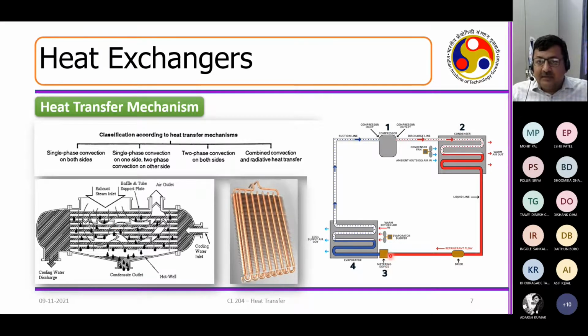You can see here the example is given. I think this is the refrigeration that we have studied previously, right? So here red means you have a cold fluid that is getting evaporated. Then after the compressor that is getting heated up, and then you have this refrigerant flow, and then there's this metering device and then it comes back, right? So there is an evaporator and this is a kind of condenser.